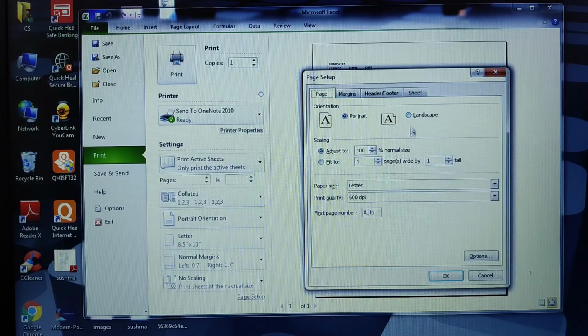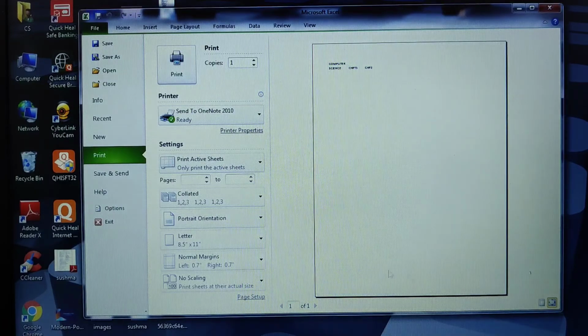You can choose portrait or landscape orientation, and the paper size. All these things you can do in the print option. This is the print preview, showing what content you are getting. So this is how we have different options in the Excel file.